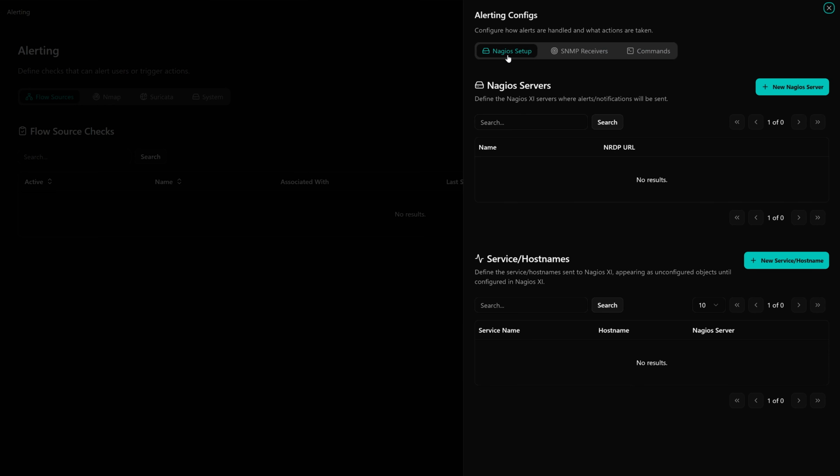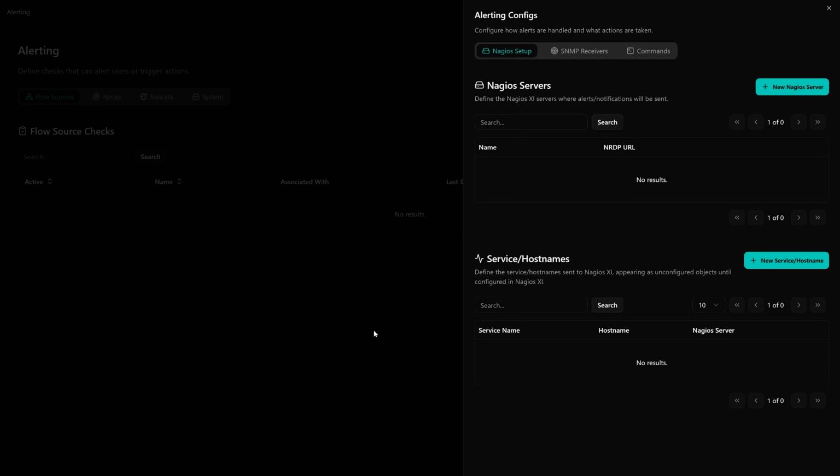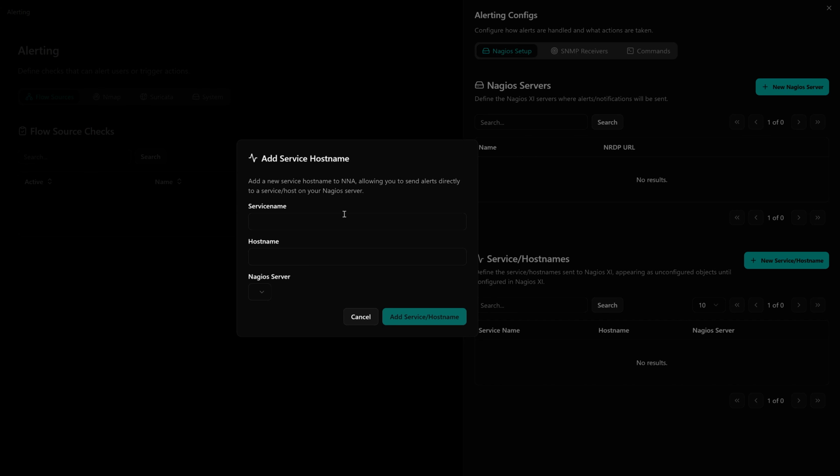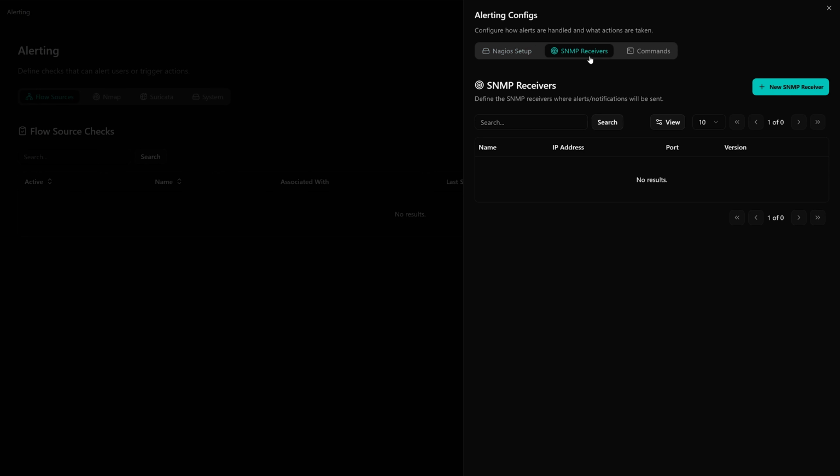Now, the first way is through a Nagios setup, which is done by integrating a Nagios XI server. You can do that by giving it a name, and then inputting your NRDP URL and NRDP token, which can be found within your Nagios XI server. And after that, you can define a service name and host name, which will serve as your checks from Nagios Network Analyzer. The next method is an SNMP receiver,